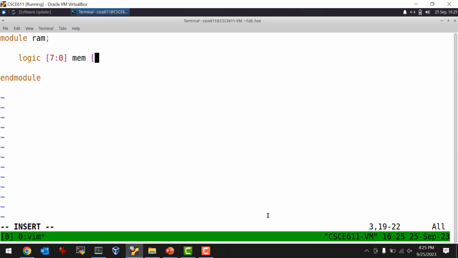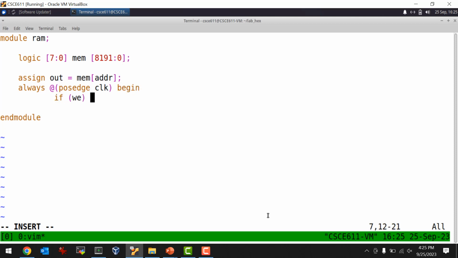Call it whatever you want, and I'll make it 8191 down to 0, and then assign out equals mem, not RAM, mem of address, and then always at posedge clock, I'll say begin, and if write enable, then mem of address is assigned data in, and I'll make this data out.